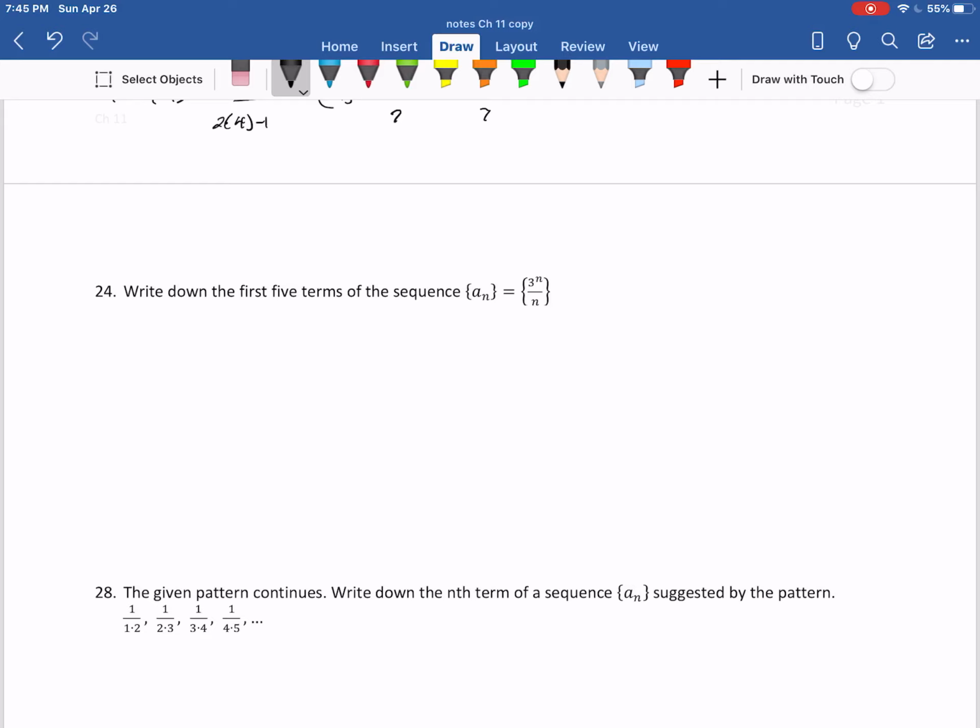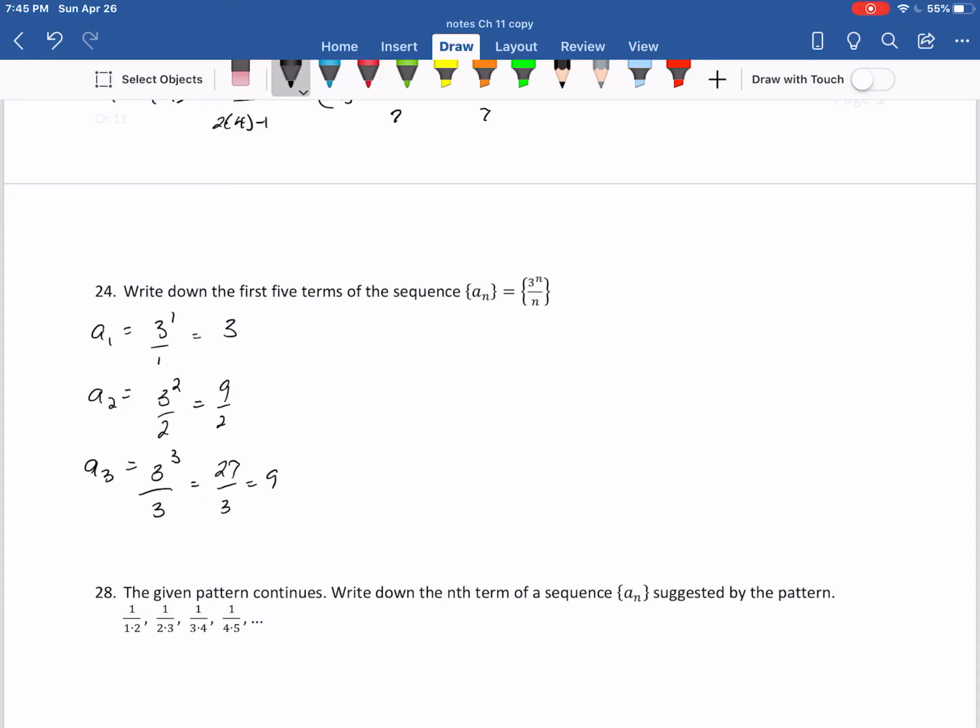Similar type of example, write down the first 5 terms of the sequence. This time the sequence is called A. A sub n equals 3 to the n divided by n. And therefore the first term is going to be 3 to the first divided by 1, which is 3. The second term is going to be 3 squared divided by 2, which is 9/2. And the third term is going to be 3 to the third divided by 3, which is 27/3, which is